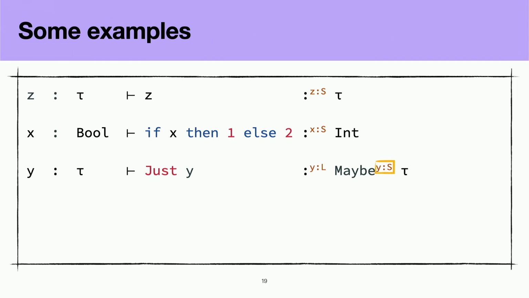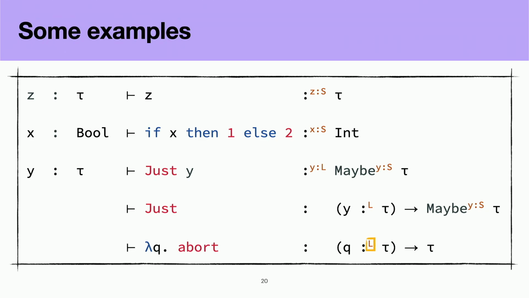In general, in the intentional framing, the type of an expression tells us how its free variables will be used as more and more of that type structure is scrutinized. If we close this expression via an abstraction, we can now see how the type, or the lazy annotation for y, moves off of the judgment onto the argument of the function, telling us that this function is lazy in its argument, but returns a value that will use that argument strictly if you unwrap it. A little bit of eta reduction, and we can see that this is the type of the just constructor, which, as I have said at many points now throughout this talk, is indeed lazy in its argument.